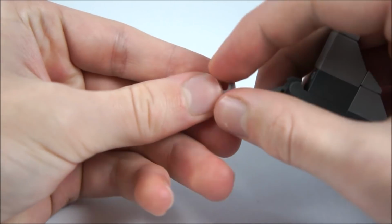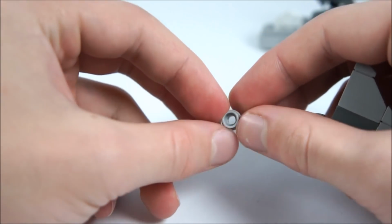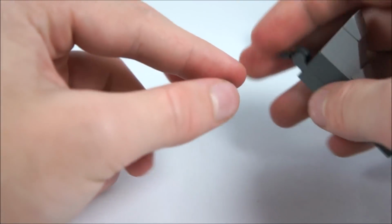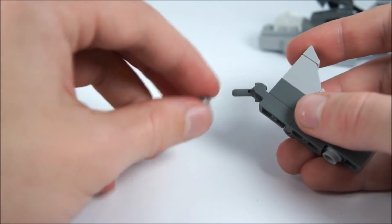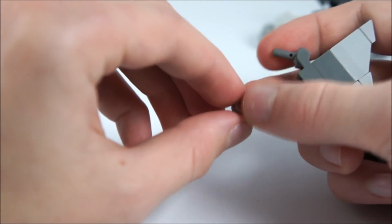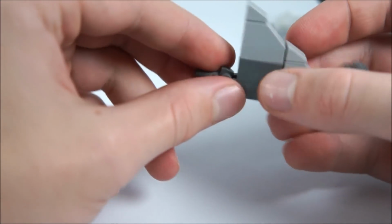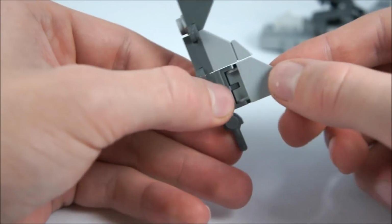You have to take one of these studs with the hole in it. You need one of these. This is the most fragile part probably out of this entire guy. So you just get one of those. These are pretty hard to get, but I have a few of them from Mr. Freeze sets. So you can just do that, but you get the claw piece, and then one of these 1x2